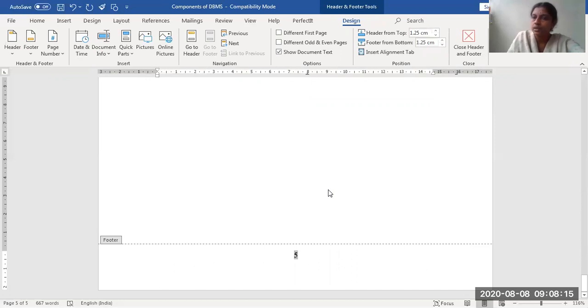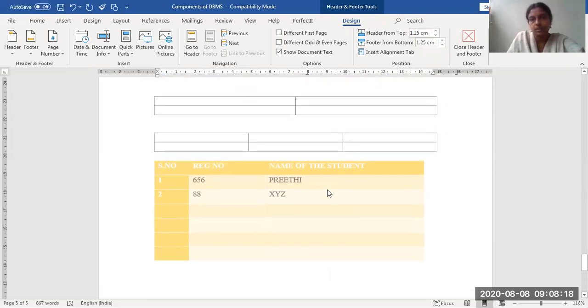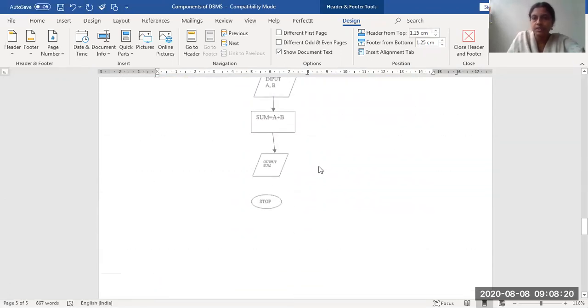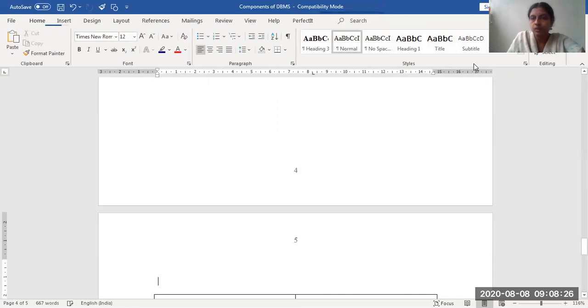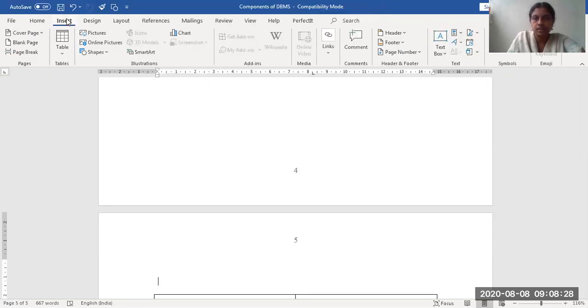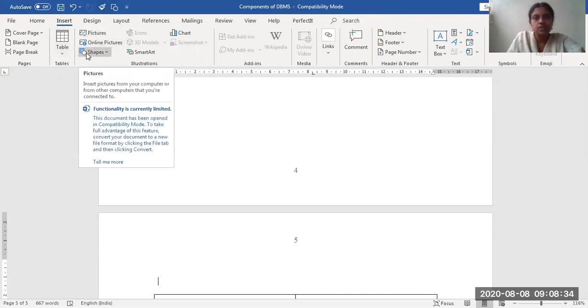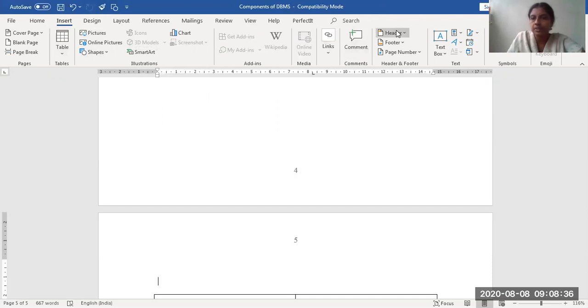Like this, you can set the footer, and also you can set the header. When you set it at the top, it is a header; when you set it at the bottom, it is a footer. Okay. These are the major options which come under the Insert tab: tables, pictures, shapes, and we have seen headers and footers.